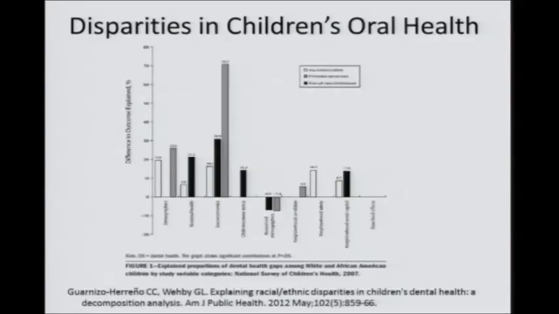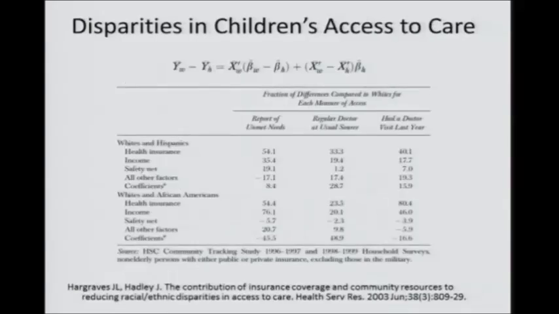Here's just two other examples from the literature. Disparities in children's oral health using the National Survey of Children's Health. It's a little bit hard to see, but the authors looked at 3 different outcomes of oral health and a variety of demographic and neighborhood factors, and socioeconomic differences did explain the largest portion of the lower preventive dental care utilization and poor self-rated health for Black compared to white children. And a final example